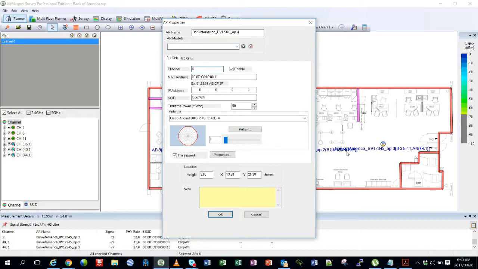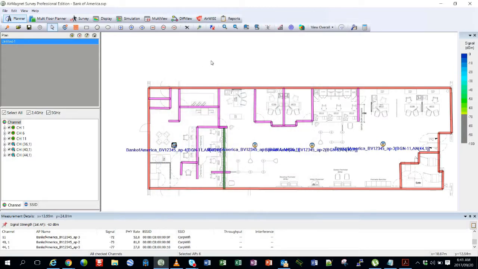So it was 1, 11 and 6. Remember, we're using the three non-overlapping channels. So I'll make it channel 11 again. And here it was 44. I'll make it 48. It was 36, 40, 44? Yes, make it 48. Press OK, refresh,